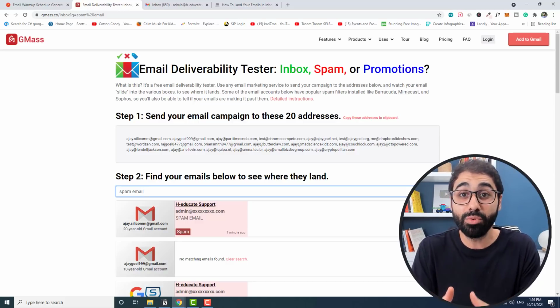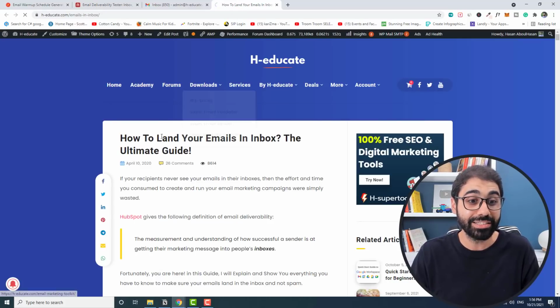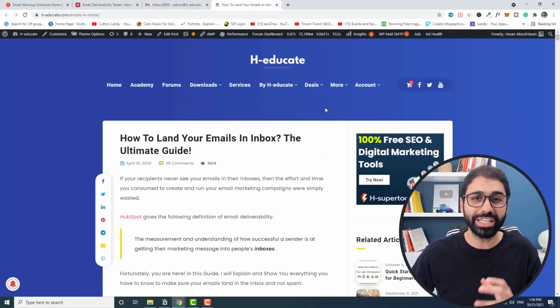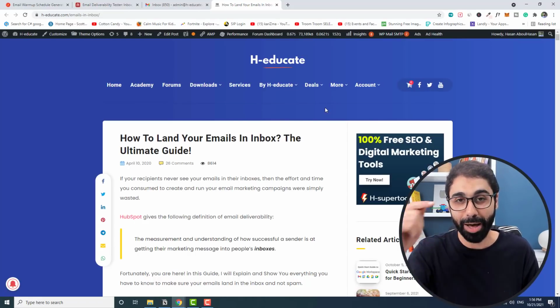And if you like to learn more about how to reach the inbox, you can go and read my full guide, how to land your emails in inbox. Step by step explaining about email filters, how things work, so you can reach the inbox in your upcoming email